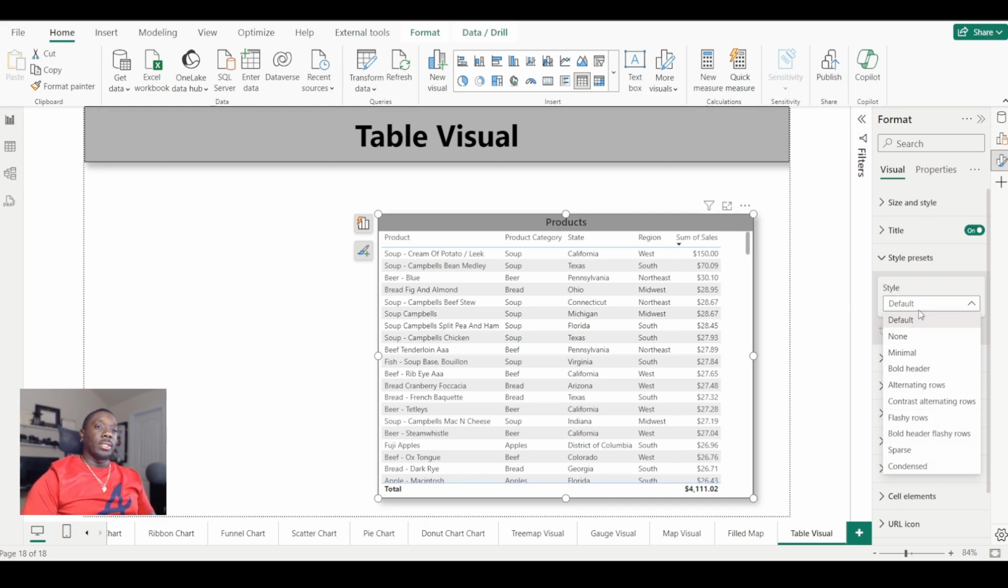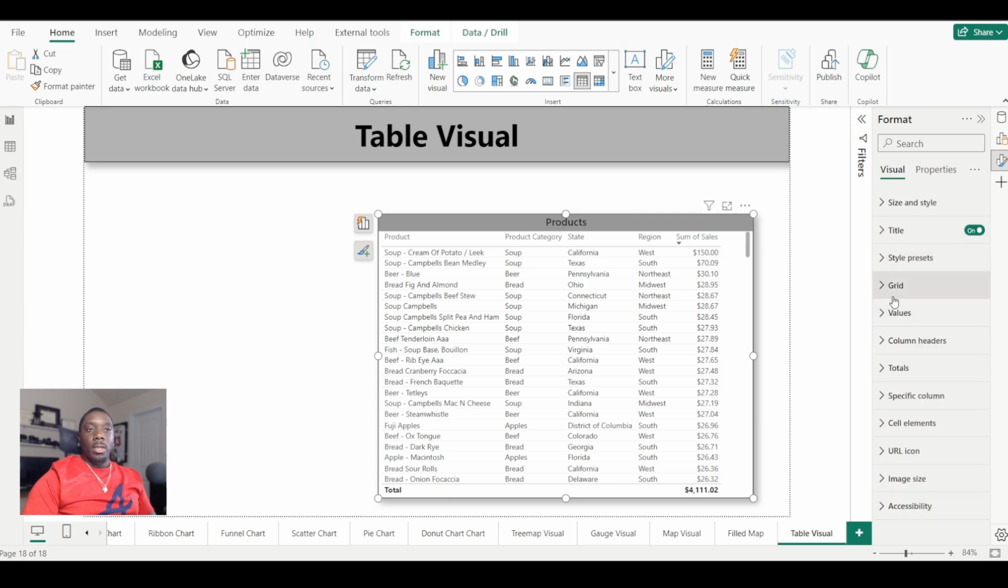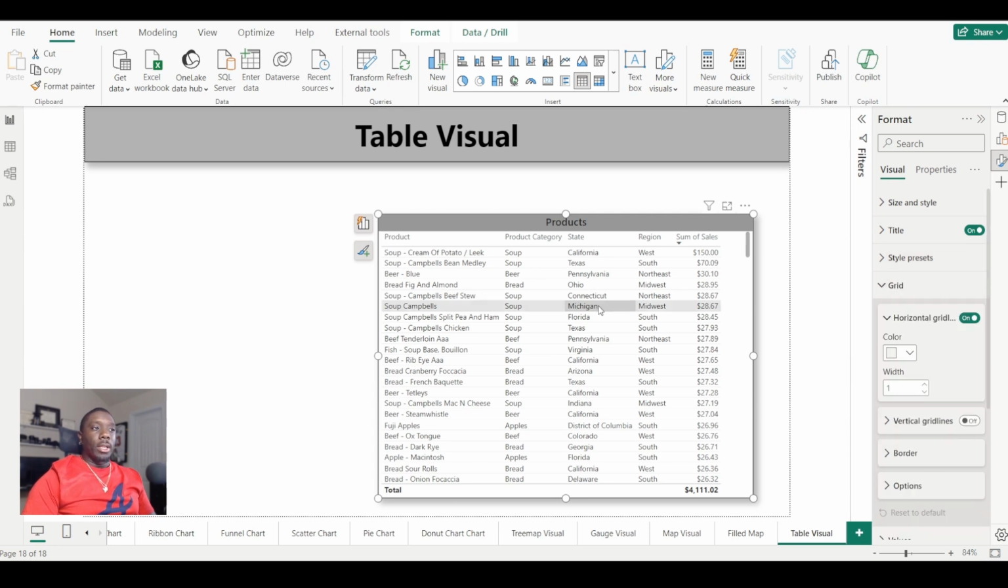Just feel free to press pause. We'll just go here and we're going to go with none for this tutorial, but feel free to explore that and pick one that you desire. And then we have a grid right here. You can see that we have the horizontal grid is default set to on, and we can also turn on